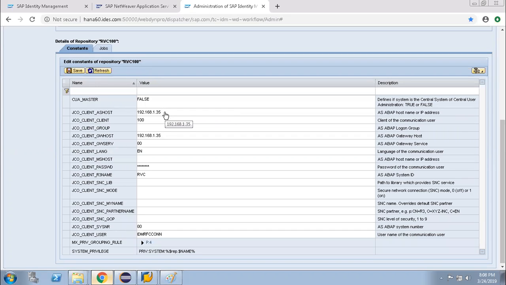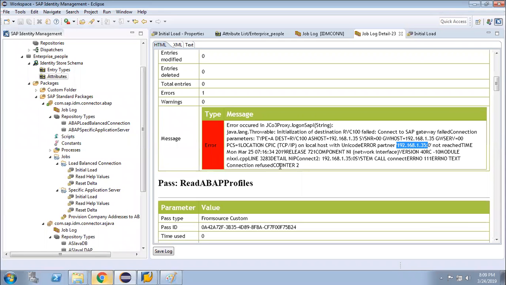What is this, ABAP host name and client MS host? Client MS host below is a message server. If you have some load balancing, this is the message server host. Okay, that is not required. Check the port number. RFC failed, connection to the gateway failed, connection parameters. Host name is this.